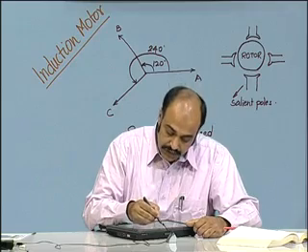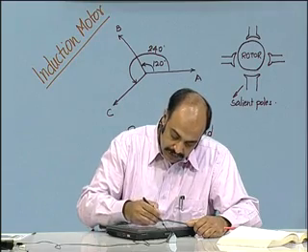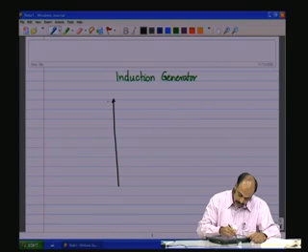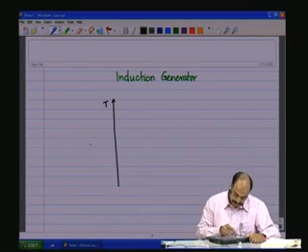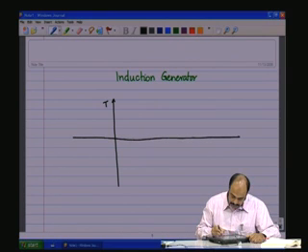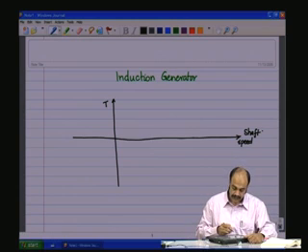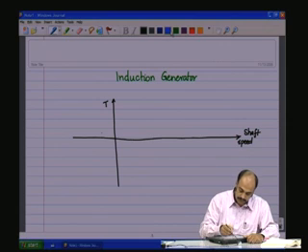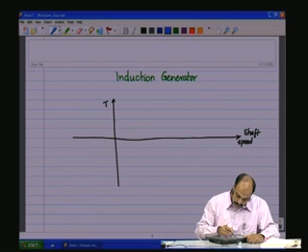We saw in the previous sessions that the torque speed characteristic of the induction motor is something like that. We have the speed axis, shaft speed, given as the x-axis, torque as the y-axis. So now this torque